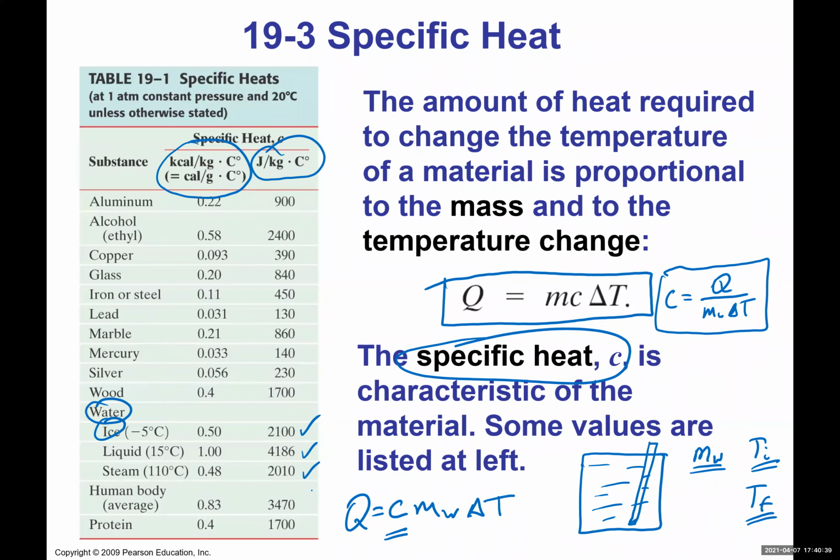As long as the substance is in the same phase, I can use this equation to calculate the change in temperature. Now, one thing you will probably notice from this table is that water seems to have the highest specific heat of anything else in this table, and that's a really good thing for us because